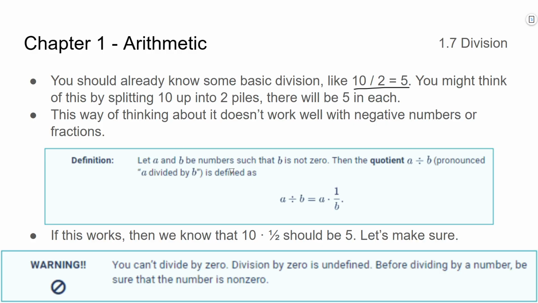So we're going to let a and b be numbers so that b is not 0. We can't divide by 0, so b can never be 0. And if we write our division in fraction form, then you know that the denominator can never be 0, because that would be dividing by 0. So then the quotient, remember the quotient is the answer of a division expression, a divided by b, is defined as follows. Instead of using division, just like we did with subtraction, where we converted it to addition and we added the negation,